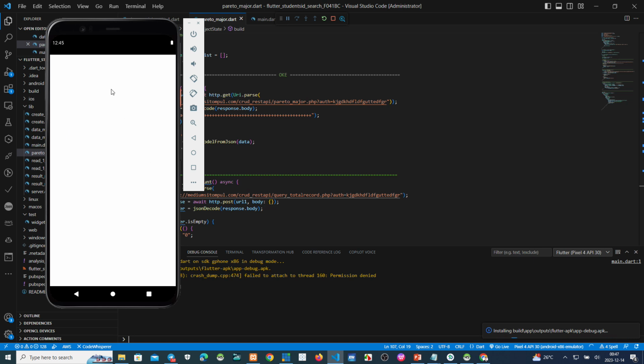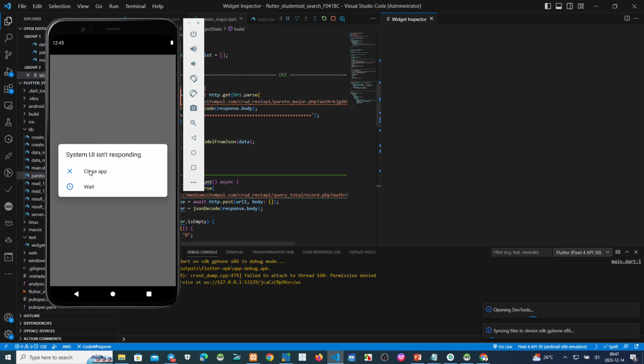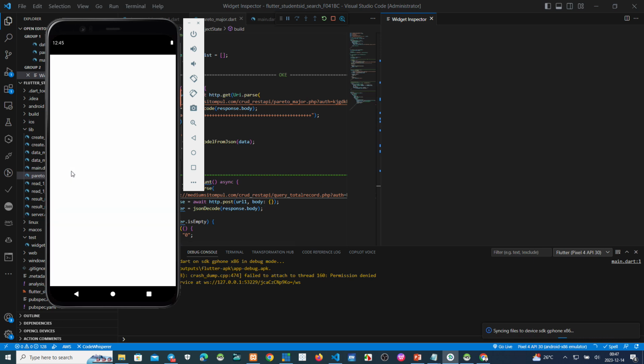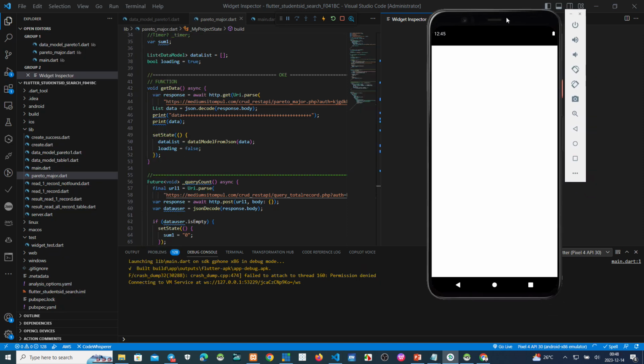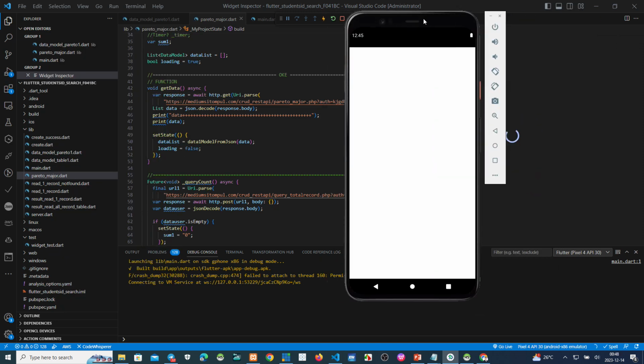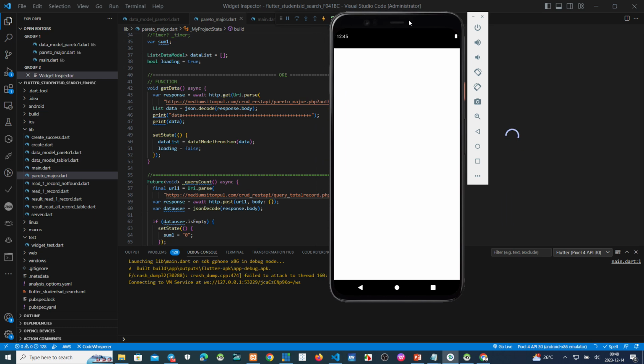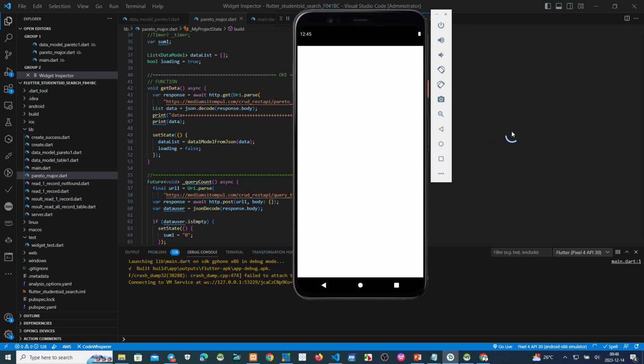Okay, maybe a few seconds more, we can see this menu, and then we click the button to show us the result. Okay, maybe just a few seconds. Okay, this one. Why this?